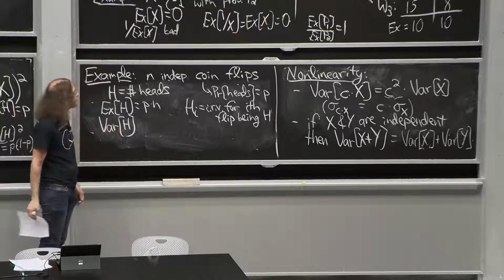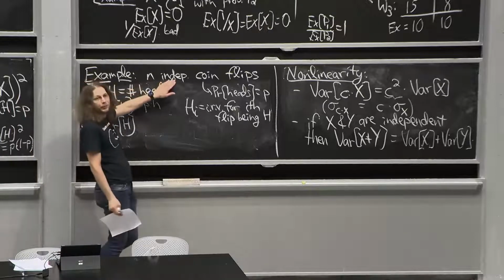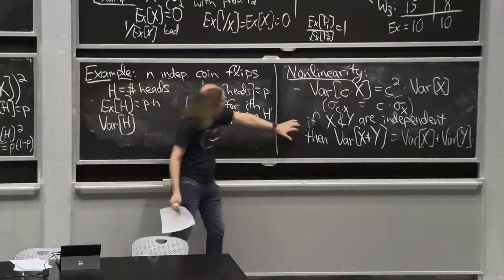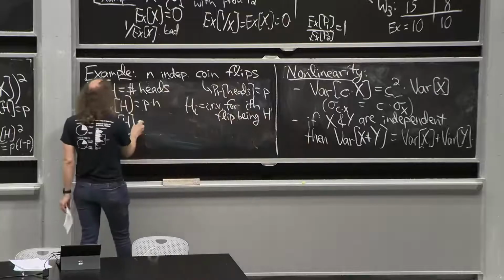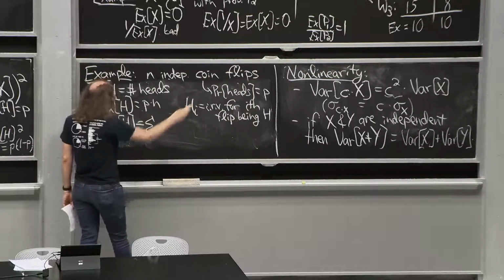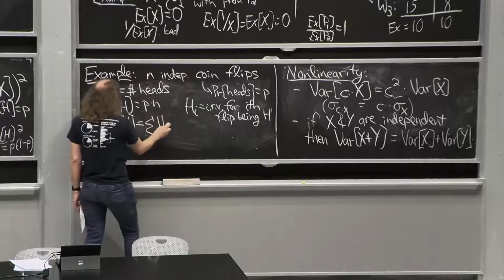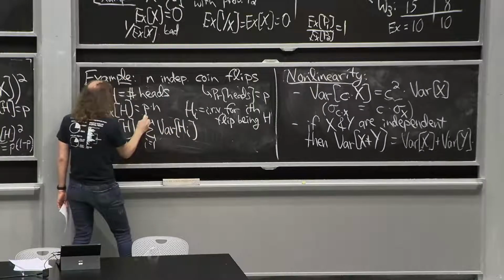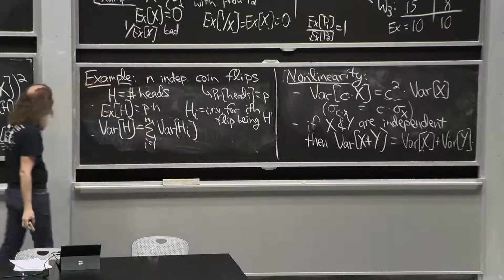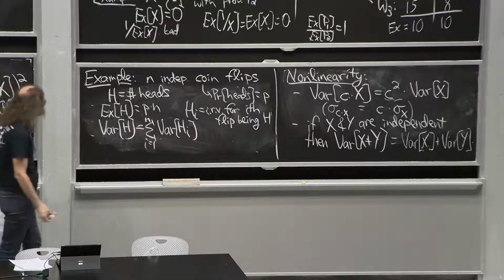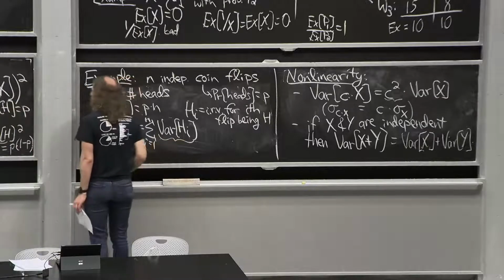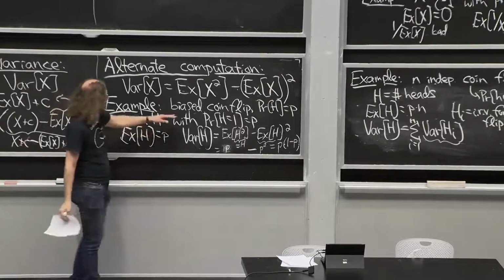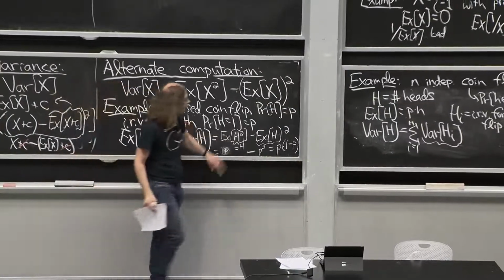Let's do the same thing with variance. Because we're assuming these coin flips are independent. With the expectation, we didn't have to. But with variance, we have to. So we can use this property. This is going to be equal to, by this kind of linearity of variance, the sum of the variance of hi for i equals 1 to n. Cool. So then we just need the variance of each individual coin flip, which we just did, right? Biased coin flip, probability p of heads. The variance was p times 1 minus p.